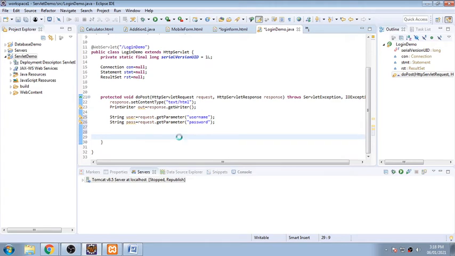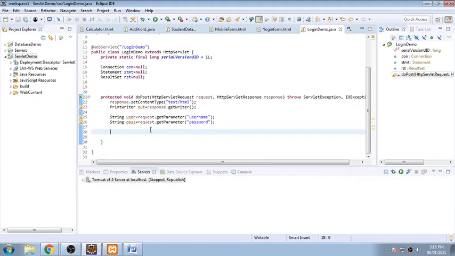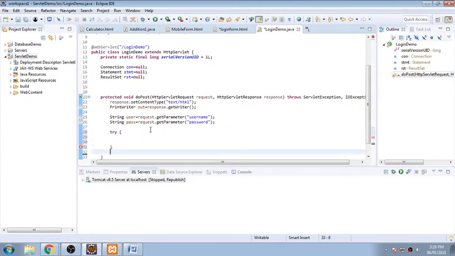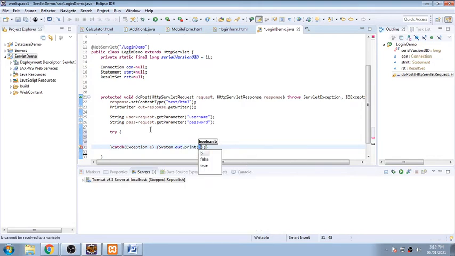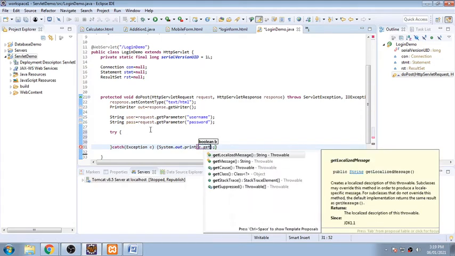Now I will be doing a connectivity program, so we'll be fetching everything and keeping it into a result set, and then check whether the result set contains username and password as specified. So tell me now what to do now. So I open a try and a catch to handle some exception. It is System.out.print and e.getMessage.